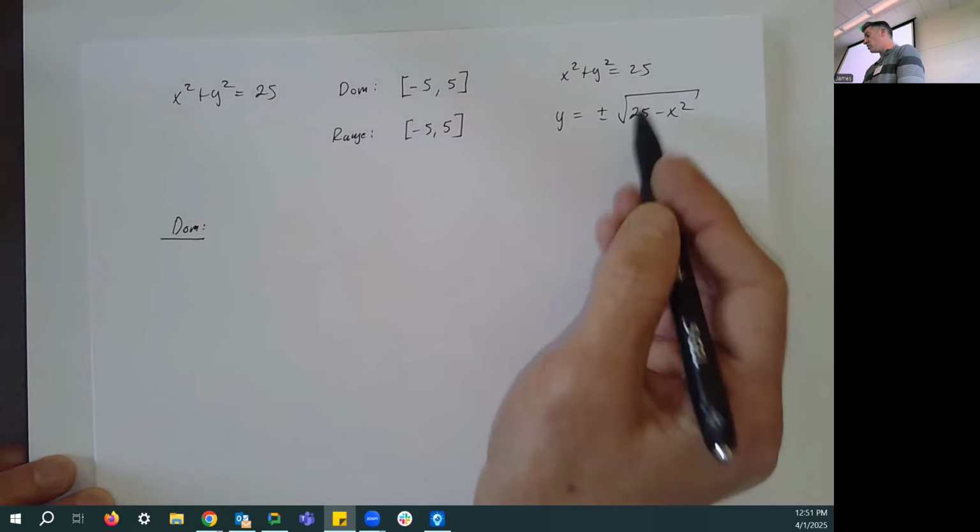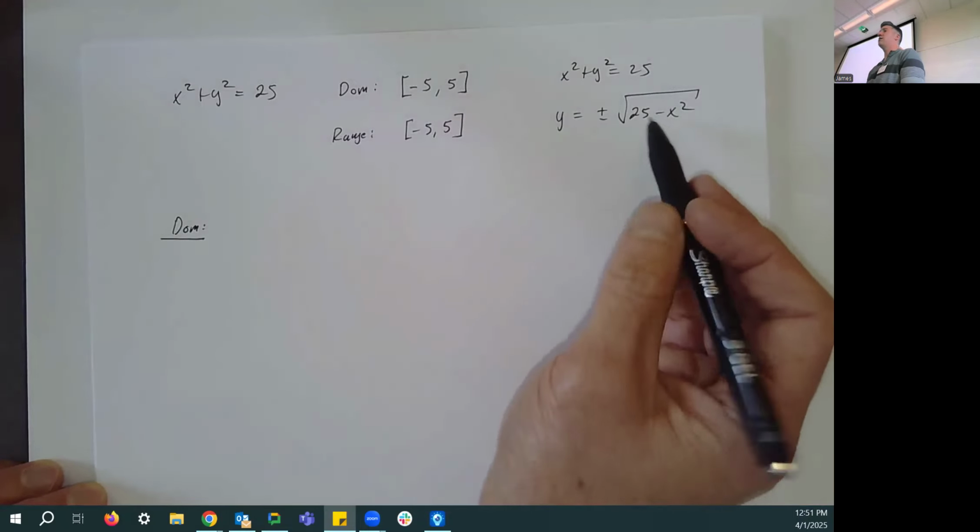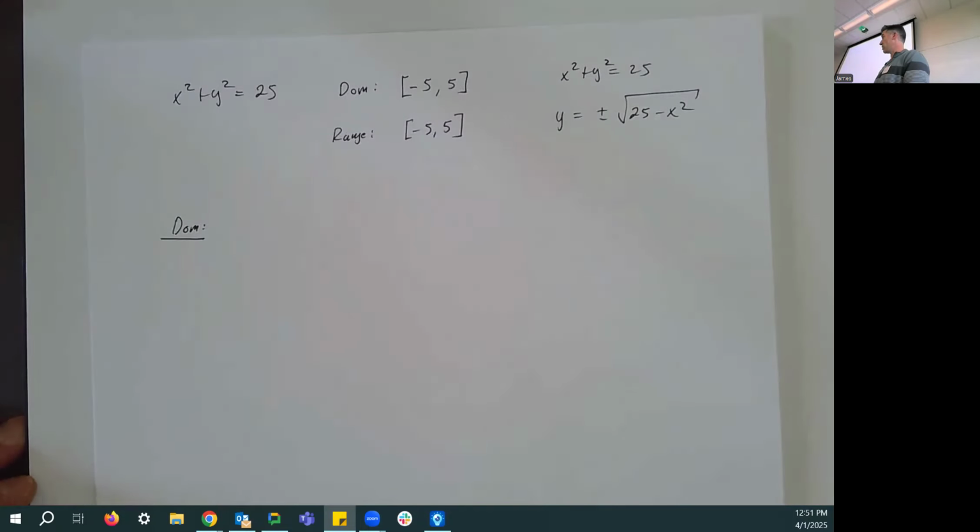So if you have a square root of some stuff, that stuff has to be bigger than or equal to 0, right? We can't take the square root of a negative number and get a real result. As far as we're concerned for now, imaginary numbers are not a thing. That's not until 17C.